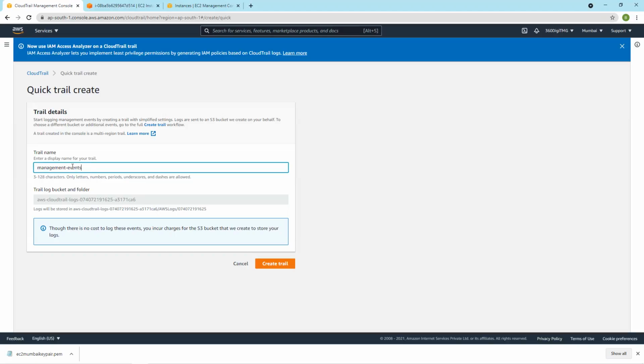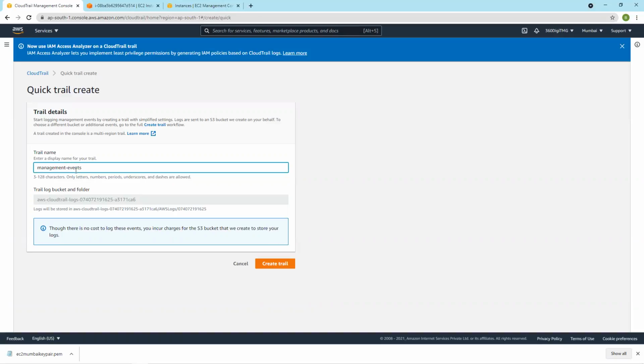I am putting an object into the S3 bucket. Someone reads an object from the S3 bucket. They have sent a get request to the S3 bucket and read the object, and it is happening inside the S3 bucket and it is related to data. So that is a data event.